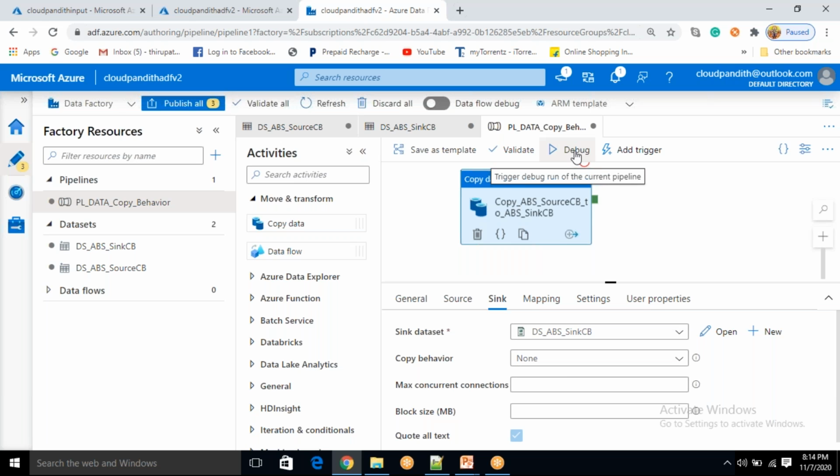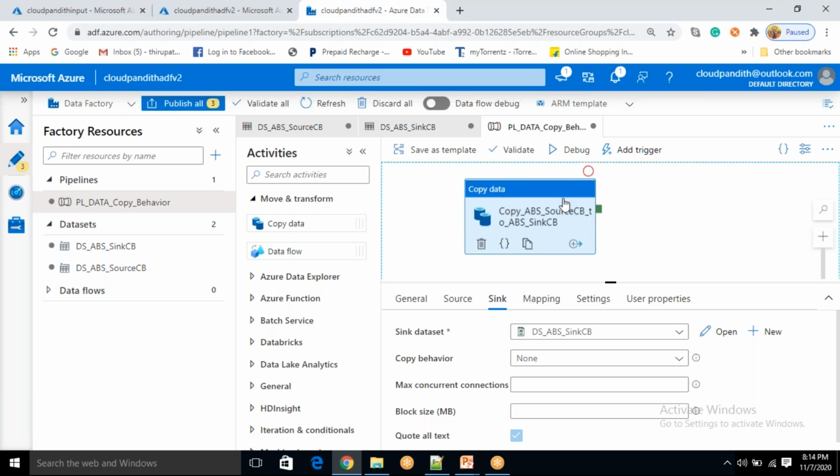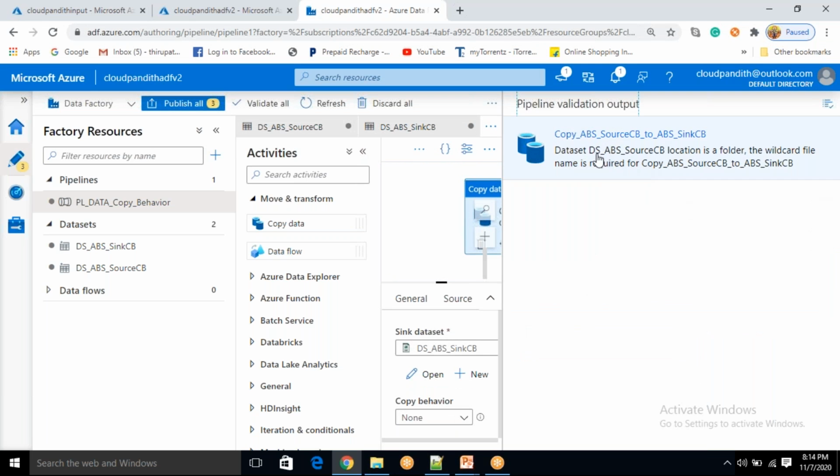Let's debug the copy activity. But you need to tell me, what is preserve hierarchy with recursive enabled? Meaning whatever structure we have in the source container, the same structure it should copy into your destination. Let's see. Click on debug. It is saying the data set location is the folder.